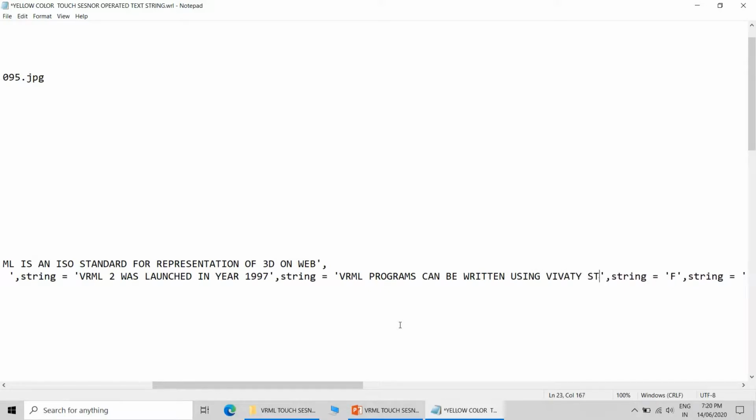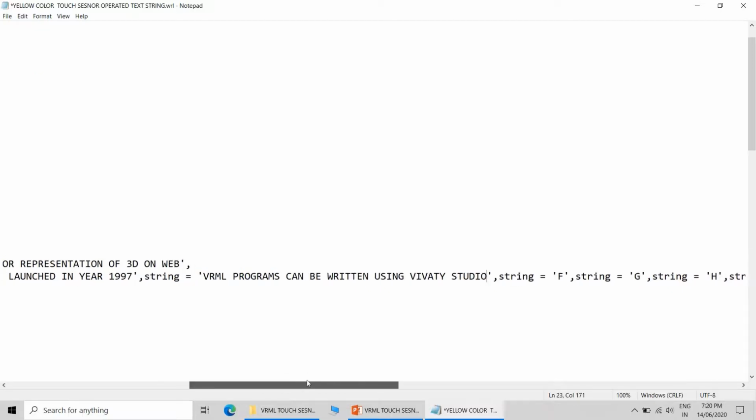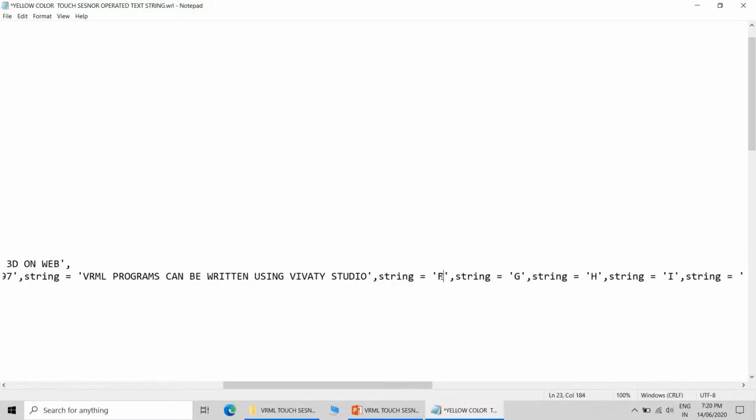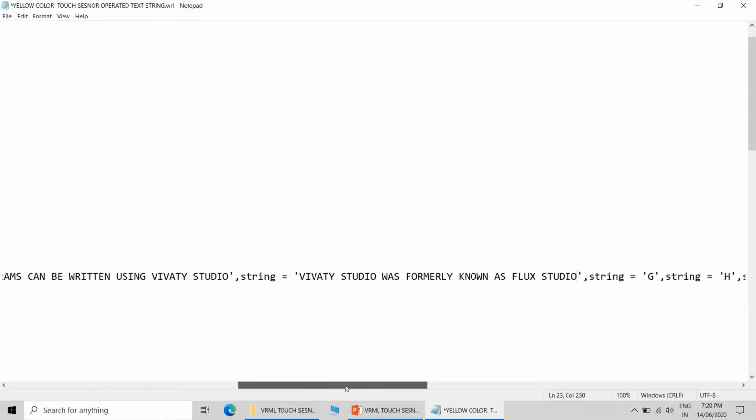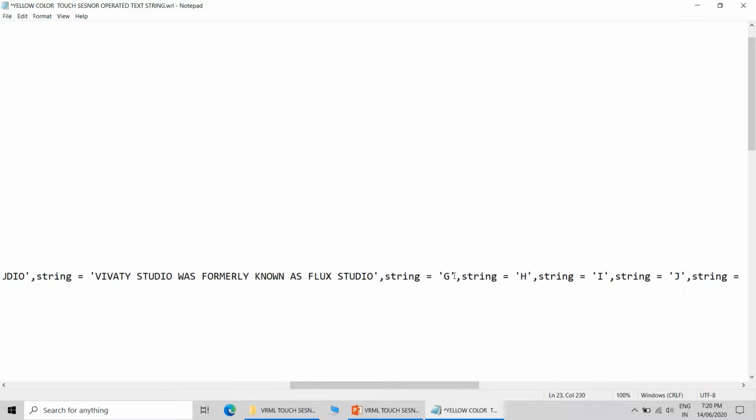Now suppose you want to write the codes on your own. Suppose you are comfortable with programming and you know VRML programming. In that case you can use other software like VRML Pad or something like that. VRML Pad I have seen, which was used by many authors and many code writing communities.